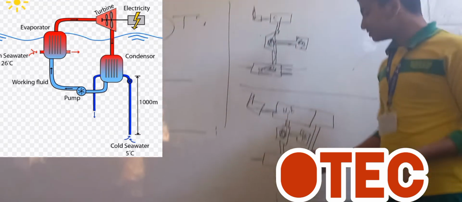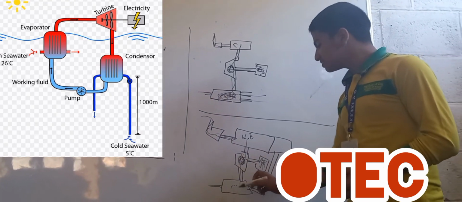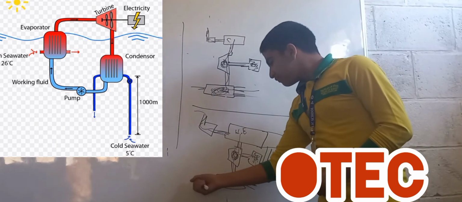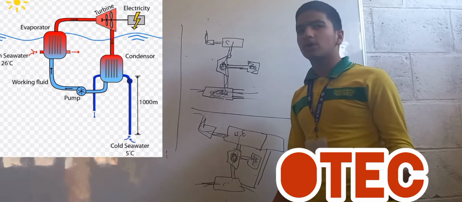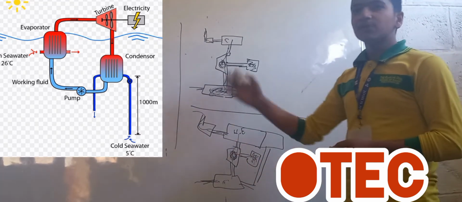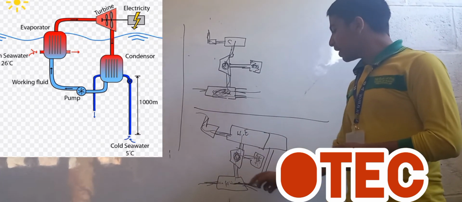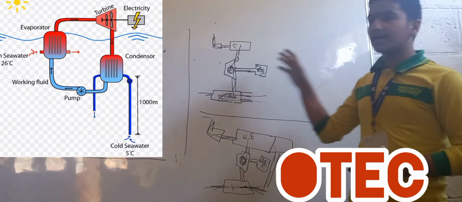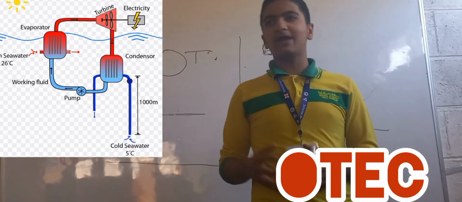Now the electricity is in the generator, then this steam reaches the condenser. From one pipe of this condenser the cold water enters and turns this steam, or this ammonia, again into liquid. Then the water gets out from this pipe and the ammonia again reaches the heat exchanger, and this cycle continues again and again. This ocean thermal energy conversion has many advantages,